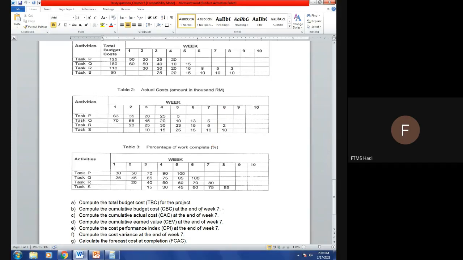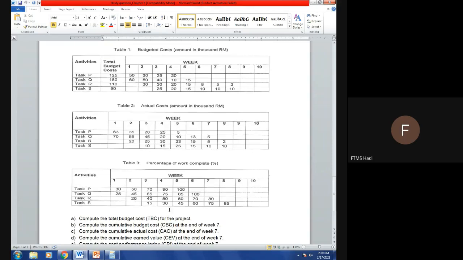That means cumulative budgeted cost. Cumulative budget means this one. Still refer to budgeted cost, but you need to calculate until week 7 only. This one is blank, this one is blank. You already made a calculation. If you want to put your answer straight away, also can, but if you want to do it once again, show the calculation also can, no problem. Okay, so